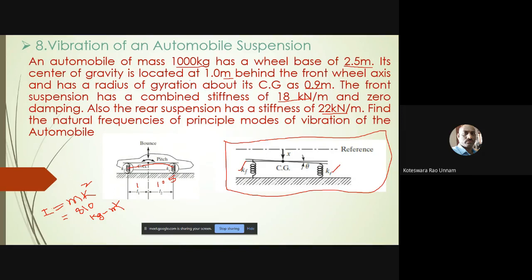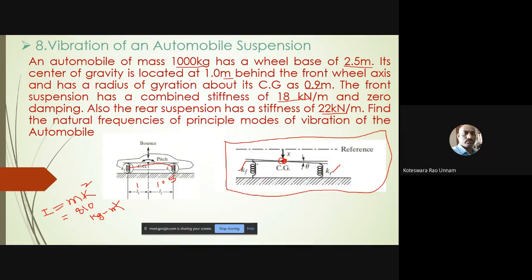So for that, I need to identify the appropriate elements, and then I need to define their properties also. First, I have a point mass, that is, the mass of the entire vehicle is concentrated at this particular point, which we'll call the CG. So now I need to create a mass element to define the mass and mass moment of inertia for this automobile at this location. So that is one element I need to create, one element for defining the mass and mass moment of inertia of the automobile.